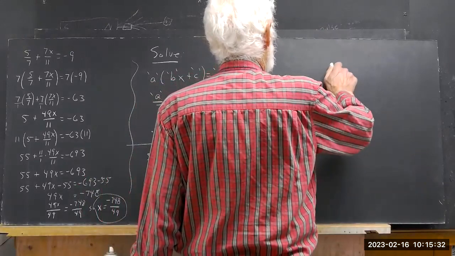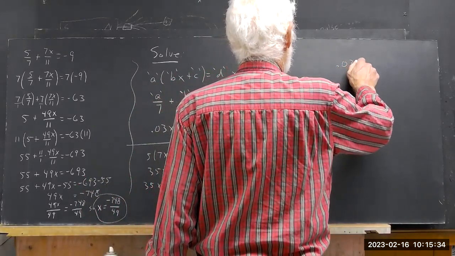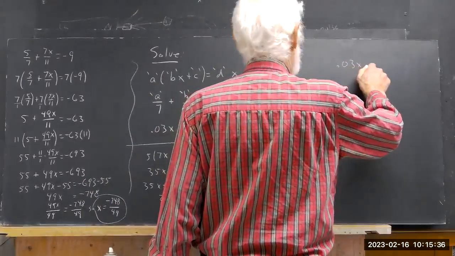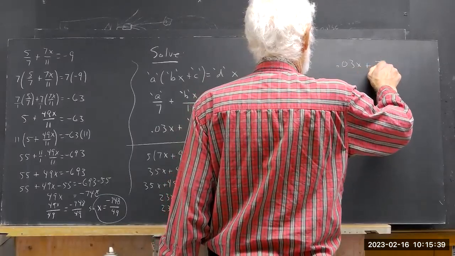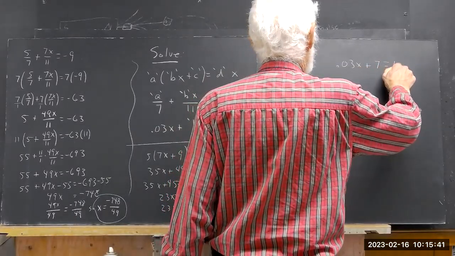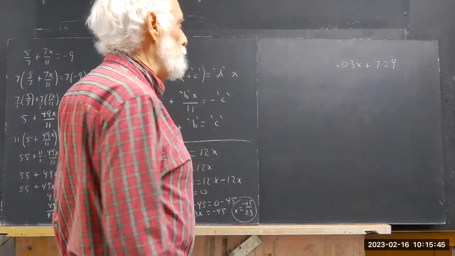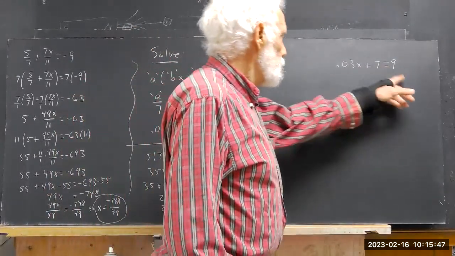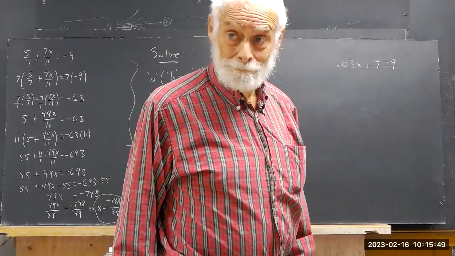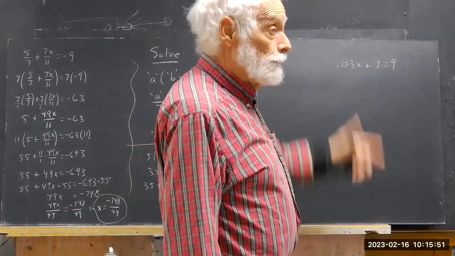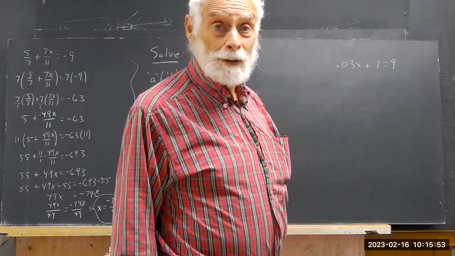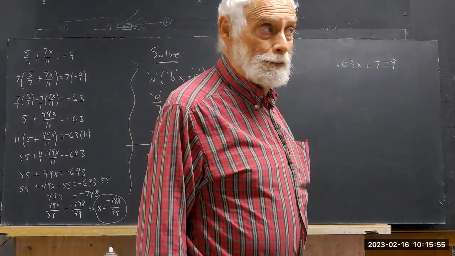Okay, so we got 0.03x plus 7 equals 9. Now it's real easy to subtract 7 from both sides, and it's pretty easy to divide by 0.03. But